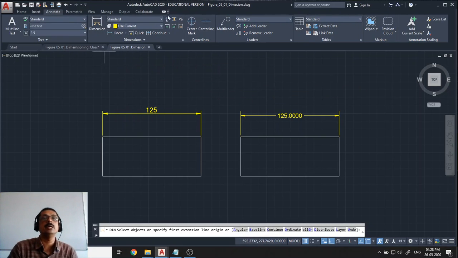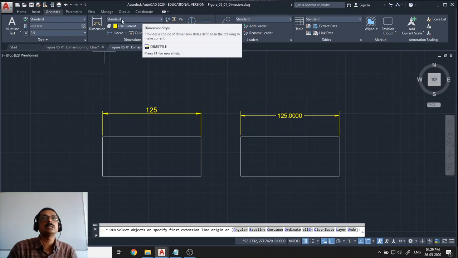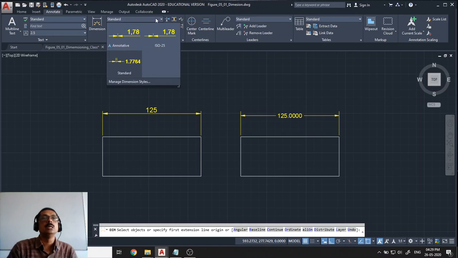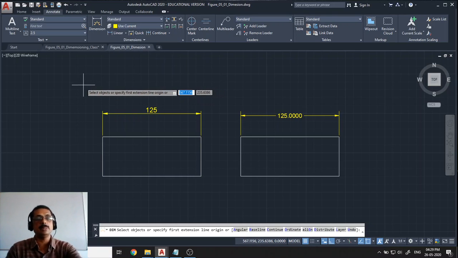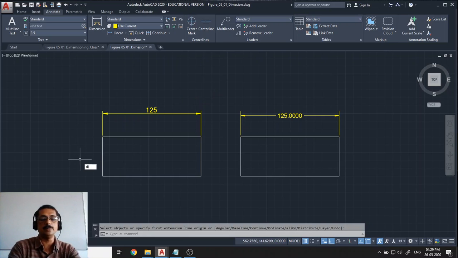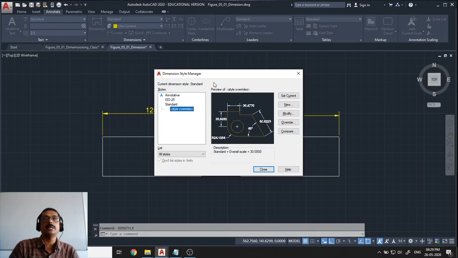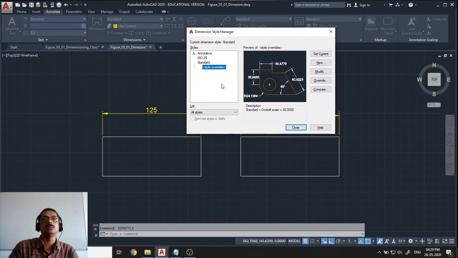where in this particular area you can see items related to dimensioning. And here is the dimension style drop-down. Here you can see Standard and ISO-25, two dimension styles available. If you want to create a new dimension style or modify the existing one, you can click here, Modify Dimension Style. Alternatively, you can use the command DIMSTYLE, D-I-M-S-T-Y-L-E. When I click Dimstyle, you will get a dialog box, or a window like this,